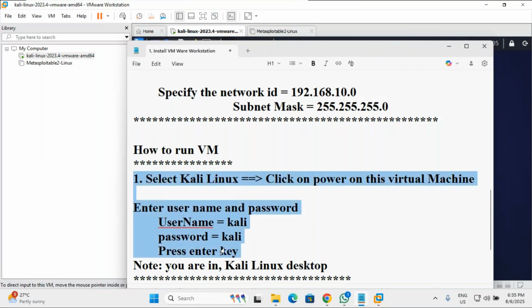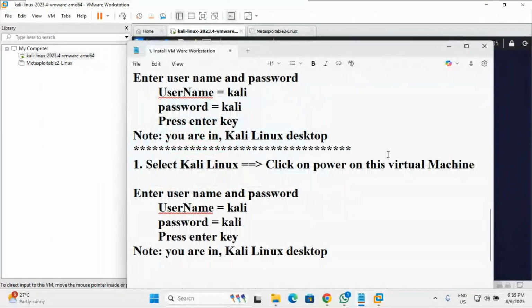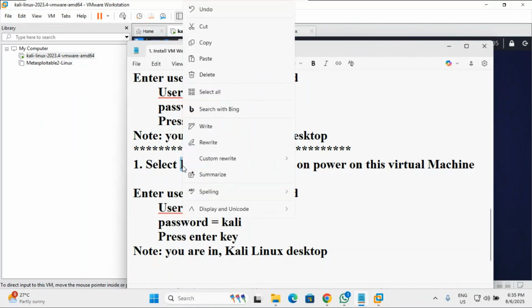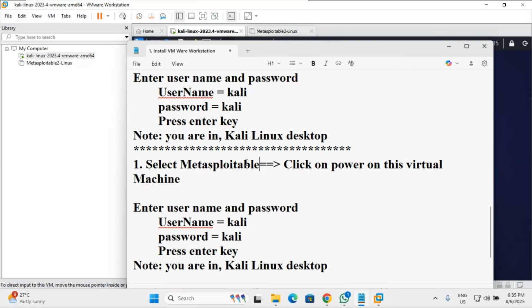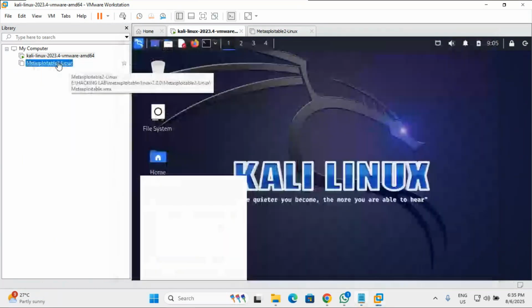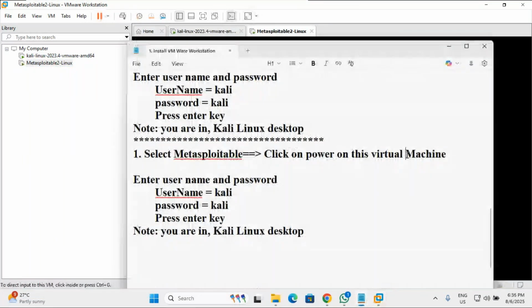And repeat the same steps for Metasploit. So select first Metasploit, then click on power on this virtual machine. Once it is loaded, enter username and password. Username is MSF admin,